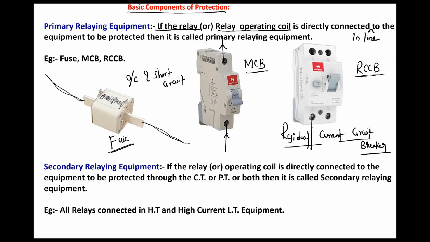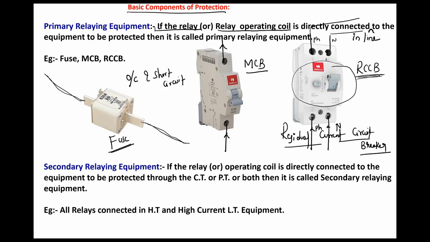Here, phase and neutral are connected. One is phase and one is neutral. And after this phase and neutral, you distribute the supply in your house. So this will act as a main switch as well as the RCCB. If there is any leakage in your house, immediately this will trip. This will cut the fault.